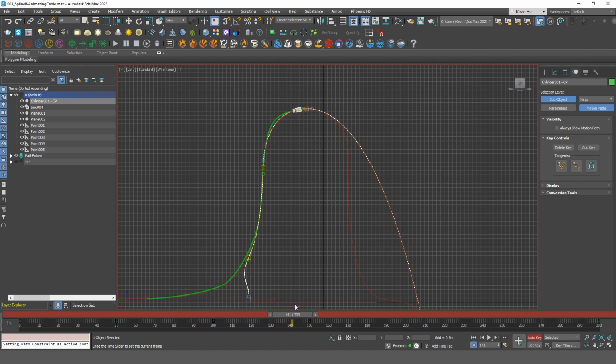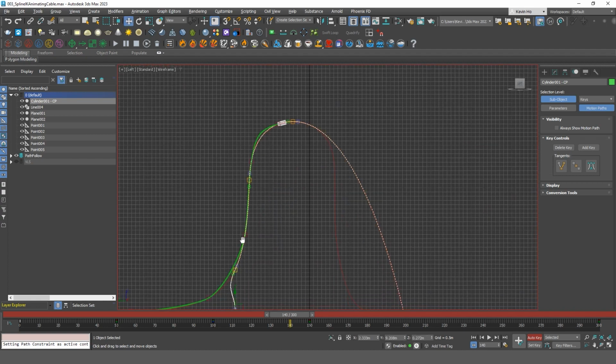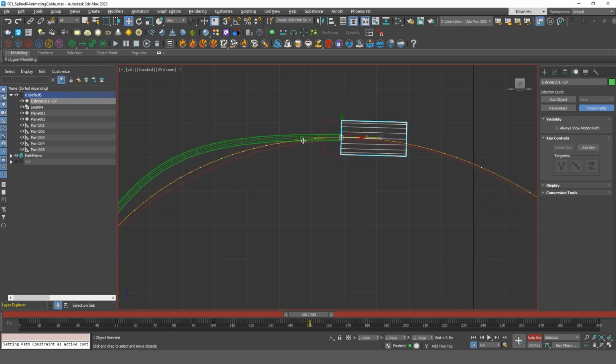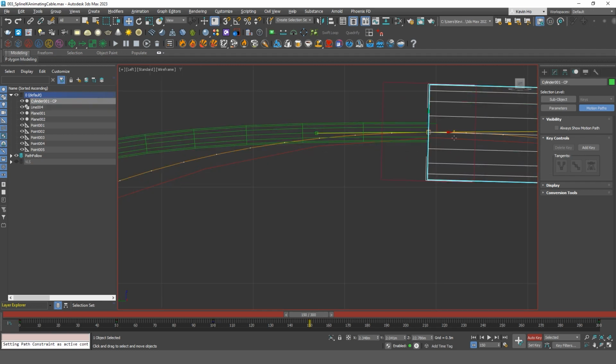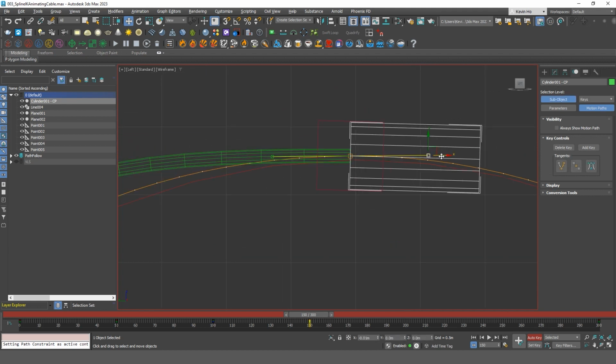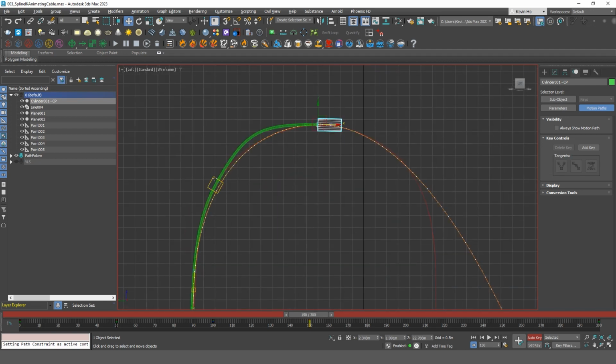We do have a slight kink here. Actually, there's two ways to kind of manage that. One is to just move our Bezier again. Third time of asking, click the other side. Shift that over. The other way is to